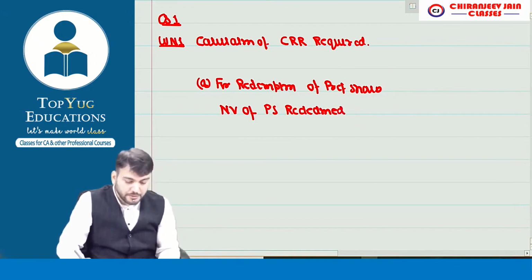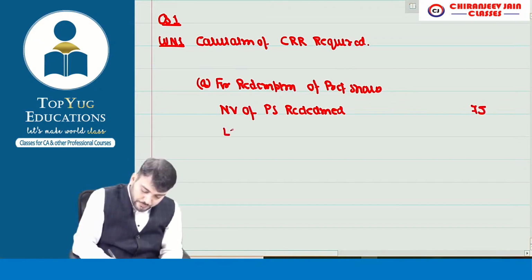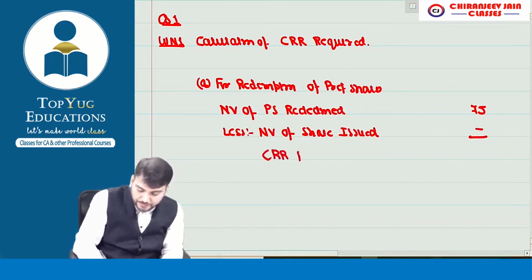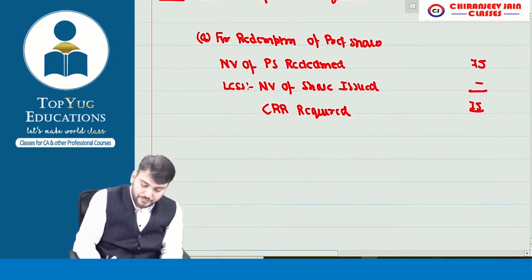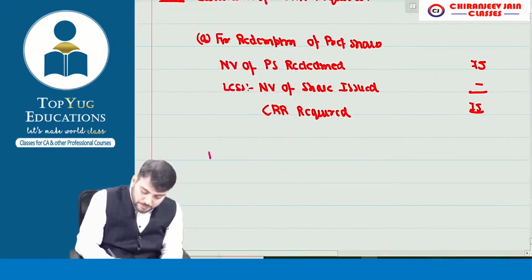Correct? That is 75 less nominal value of shares issued, which is 0. So how much CRR is required? It is 75. Correct? Then point number B,